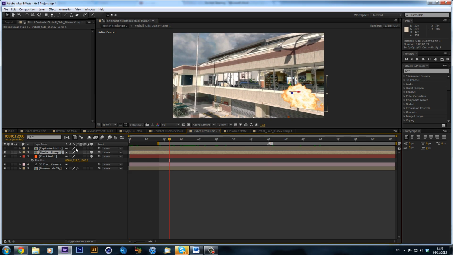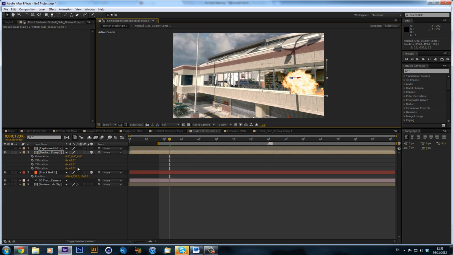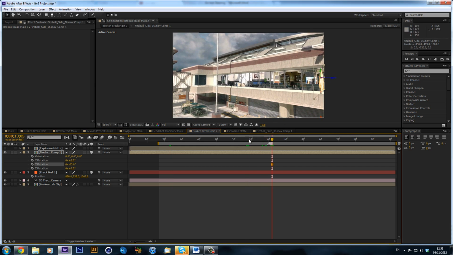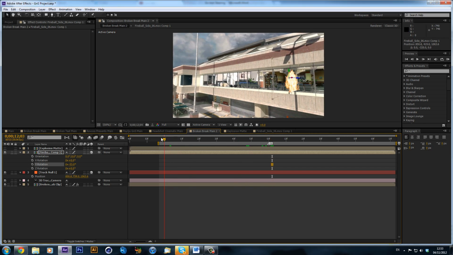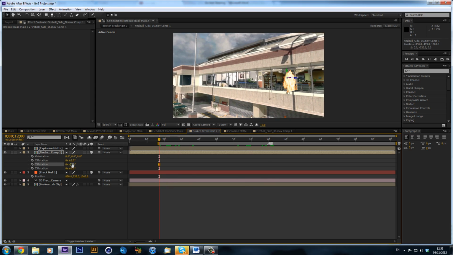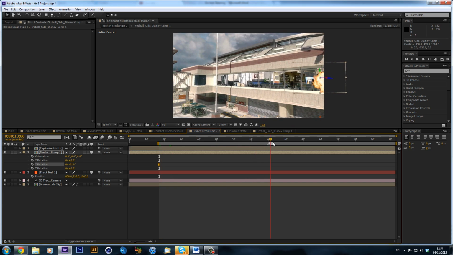So now what we can do is mess around with our fire and get it in position. Now you may want to rotate it very slightly. For me, I want to make it look like it's coming out of the building, but you do not want to rotate it all the way around, because then you start to lose the perspective, and as you fly past, you'll be able to see that it's just a 2D layer, and it's not real. So you only want a tiny bit of rotation. I would say no more than 25,